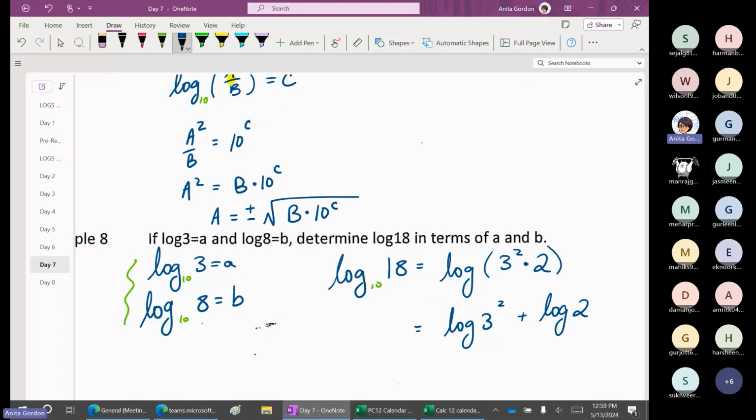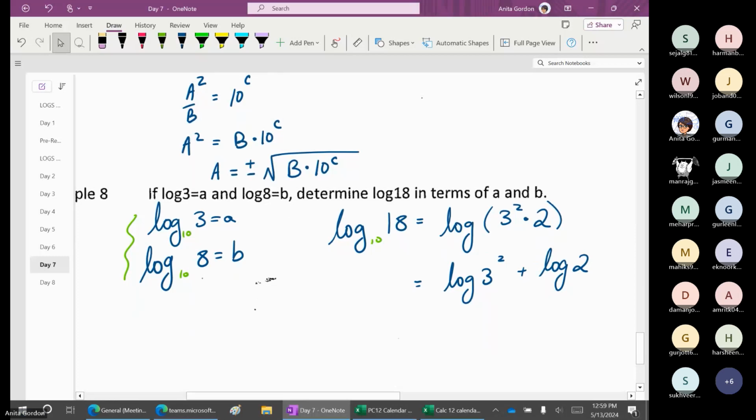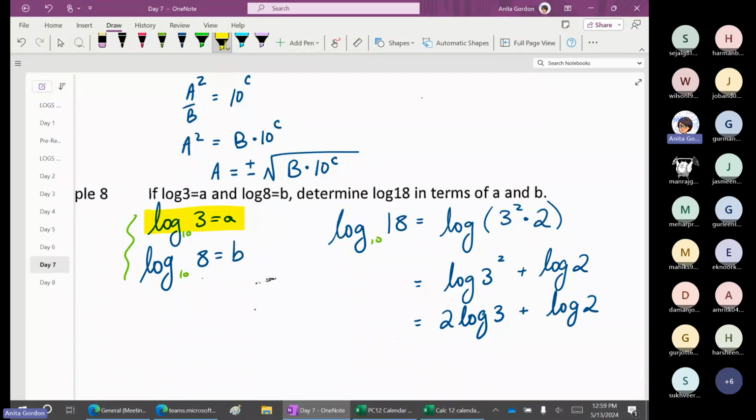They're all base 10. 2 log 3s plus 1 log 2 this matches this. So that could be, what is this? 2a plus